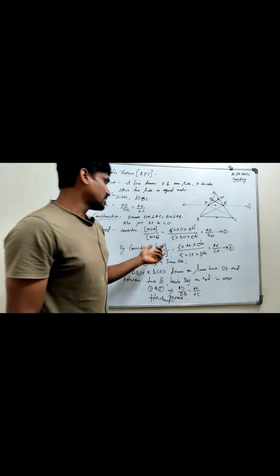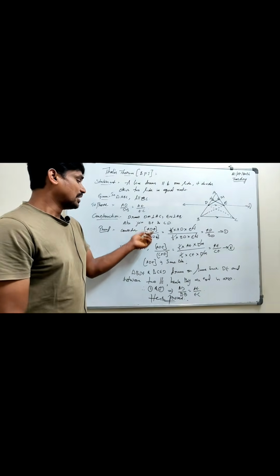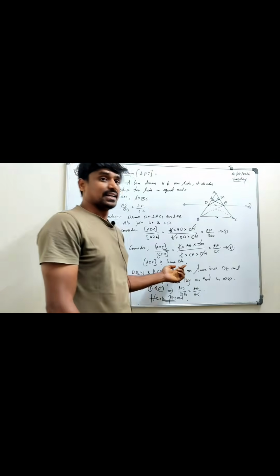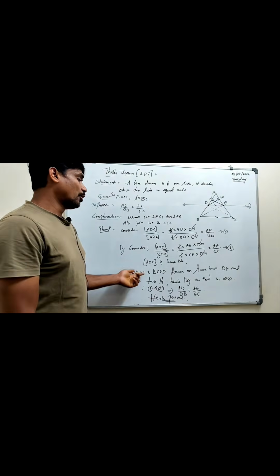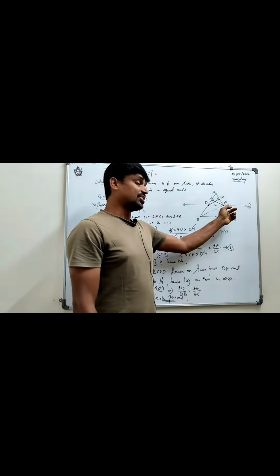And in this case, if you see the two equations, the numerators represent the same triangle, so their area is obviously equal, and the denominators are triangles drawn on the same base, which is DE here,